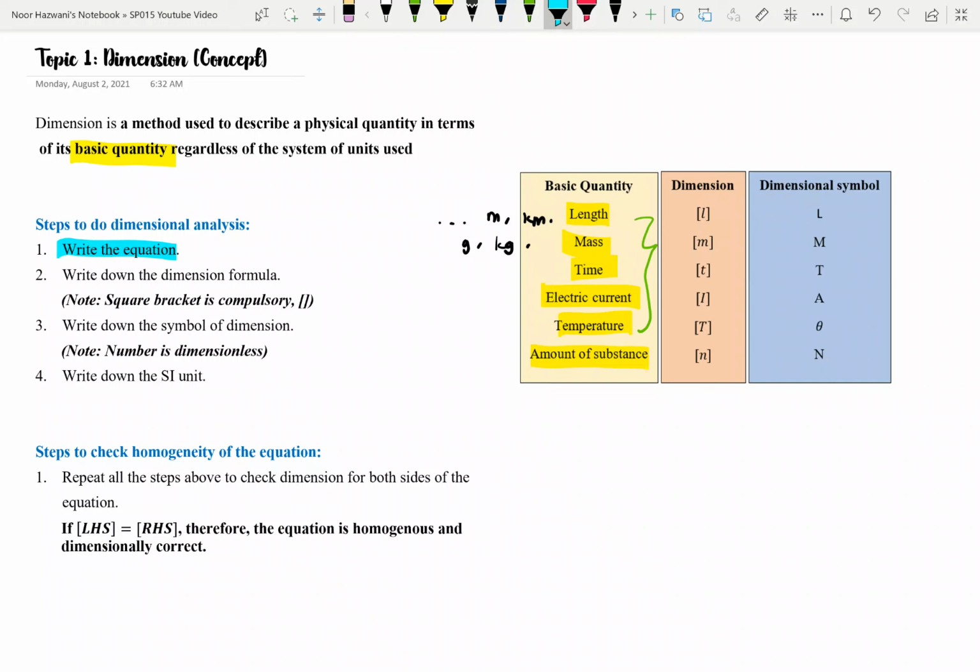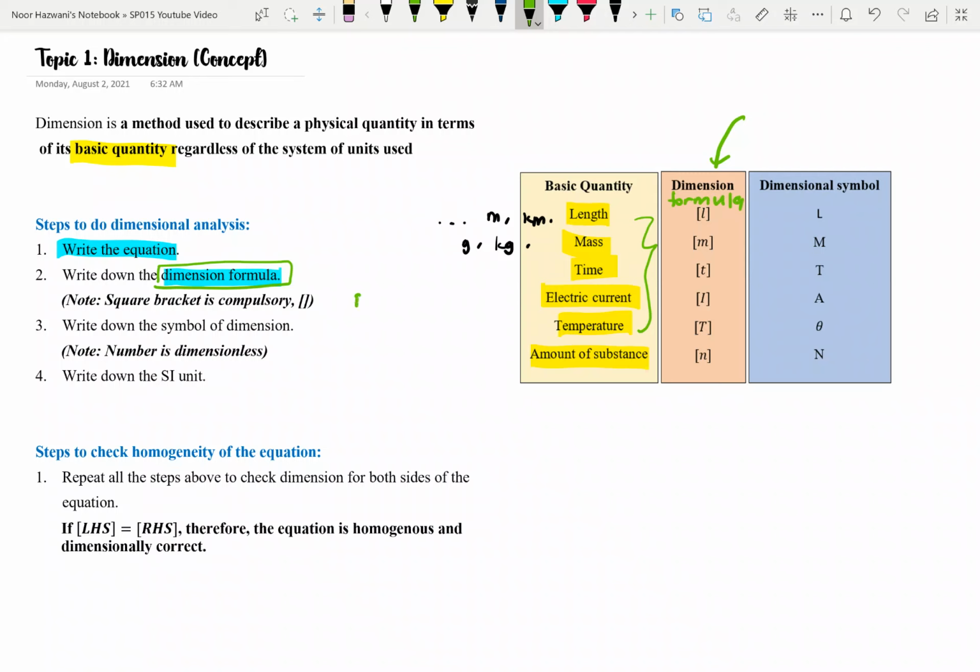And then you have to write down the dimension formula. So yang ni we have to be very very careful. What is the dimension formula? Okay, and then you refer to this one. Ni actually dimension formula lah. I tertinggal formula. Once you do dimension formula, you have to start write you punya quantity in square